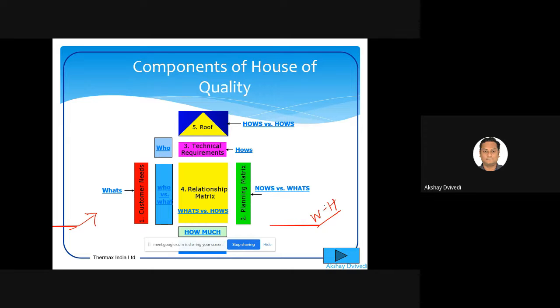Now, if you ask these kinds of W questions, you reach a level where H comes into the picture, where H is how to fulfill that particular requirement. So this implies if you ask these questions with respect to any product or any process, you will basically be entering the empathize mode of design thinking, wherein you will then be relating with that particular customer.